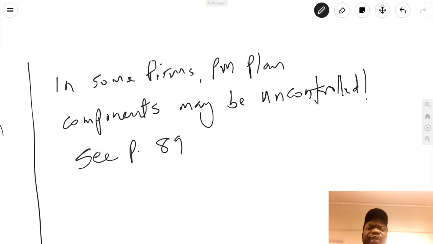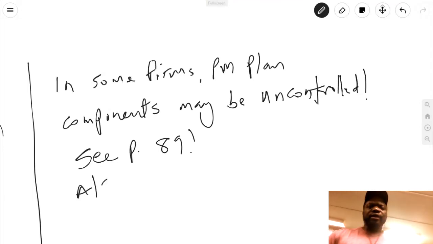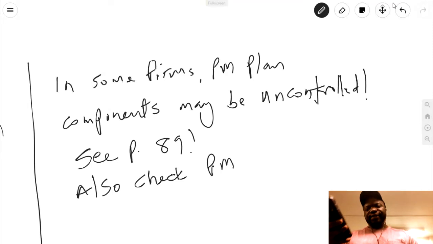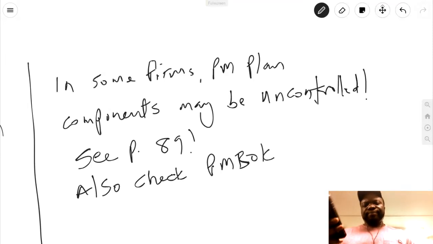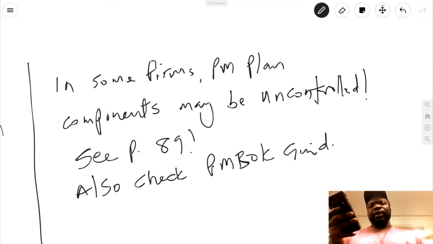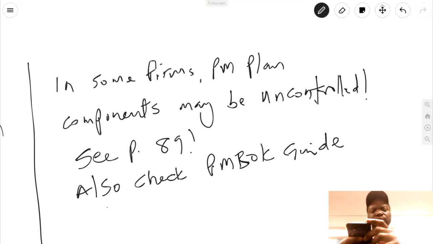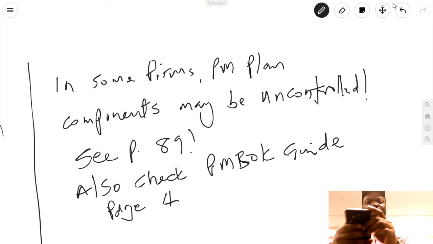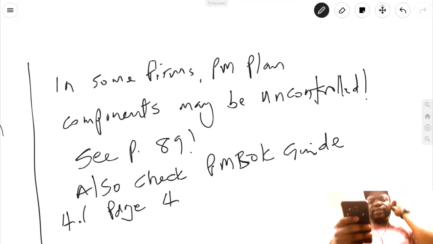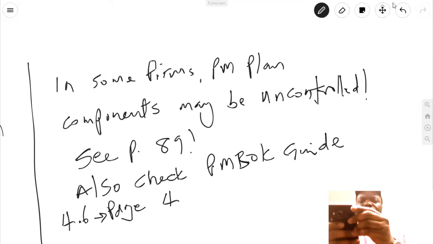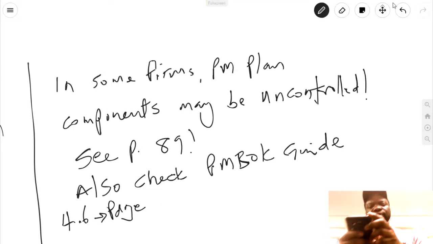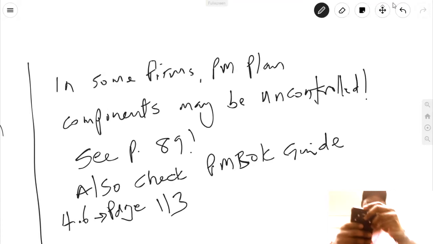There's one more page, Shri, that I would like you to take a look at. Going to open up my PMP guide. I told you it's always close by. So let me give you a page to read, Shri. Open up your PMP guide, 6th edition, and let's go to 4.6. And what does 4.6 say? This is on page 113. It says,